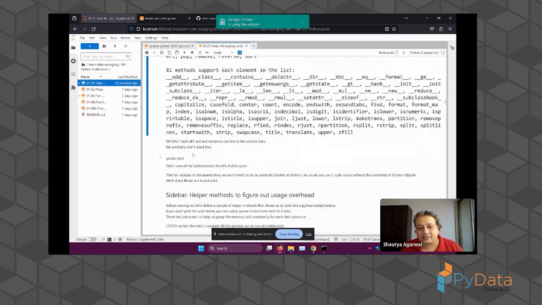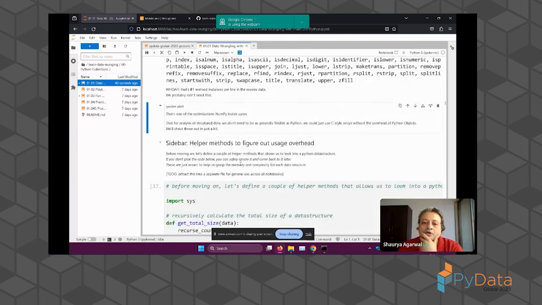So that's interesting, right? Spoiler alert, that's one of the optimizations that NumPy will build upon. The insight there was that if you're doing general purpose data analysis, we can actually restrict the duck typing thing, right? We can say, oh, we only need strings in this column, or we only need integers in this column. And we can start paying attention to data types, and maybe that gives us some optimization. And we'll see what kind of optimization there is, right? So what we'll do is